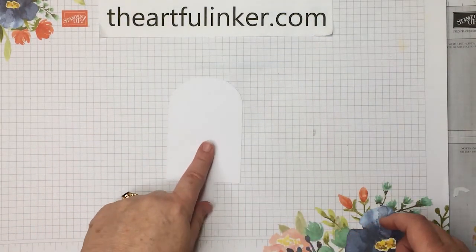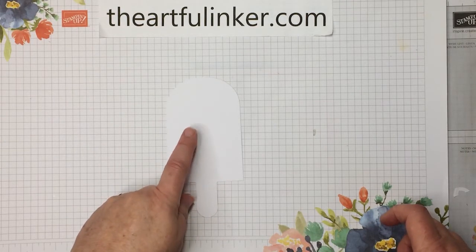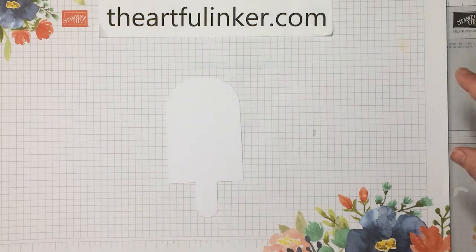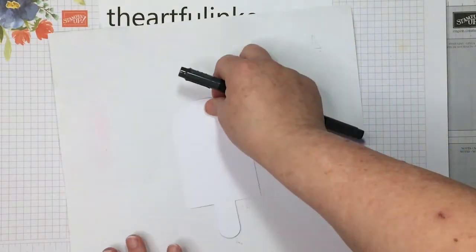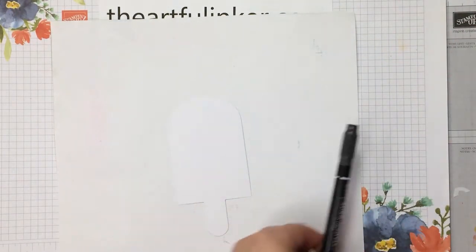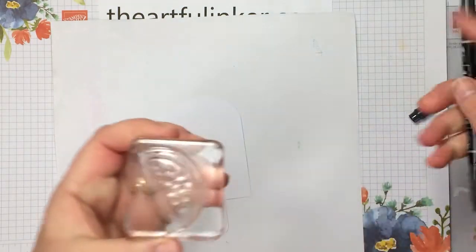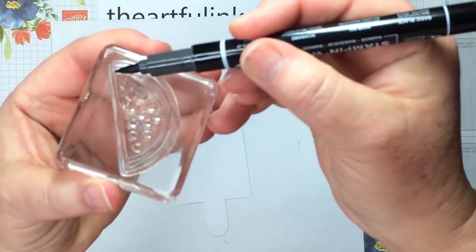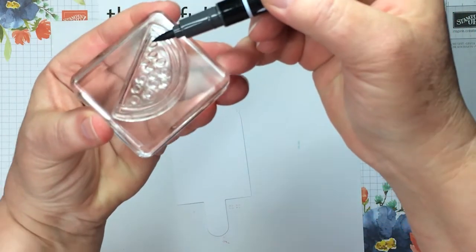I've got half of one of the popsicles that I used in alternate number 1. You can find the video for that in my Paper Pumpkin playlist. And let me just grab that scrap paper back in here, and we'll put it under the popsicle. I have my black Stampin' Write marker and the watermelon stamp, and we're just going to take our black Stampin' Write marker and